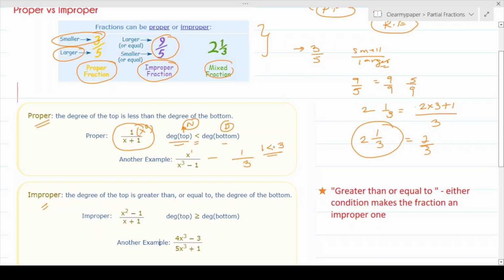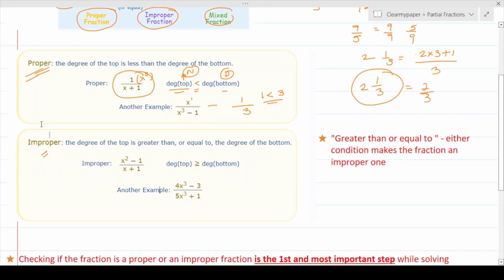Whenever you have this kind of degree mismatch, where the degree in the numerator at the top is less than the degree in the denominator at the bottom, we call those fractions proper partial fractions. When we have the opposite case, we call them improper,